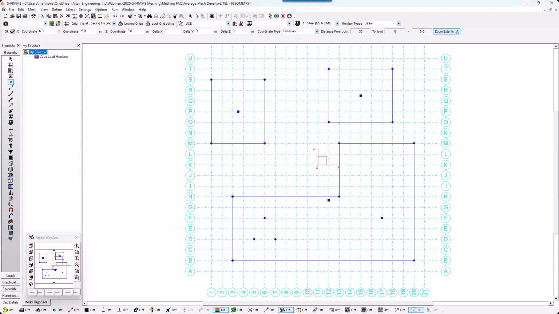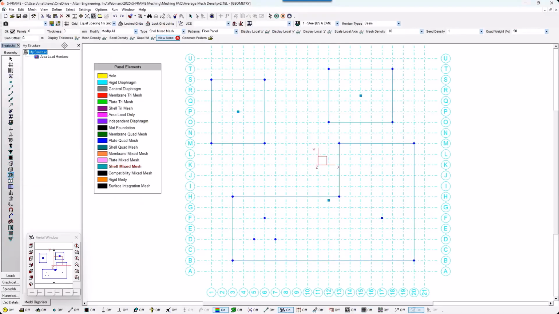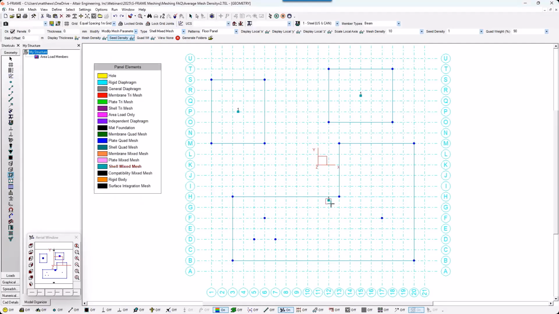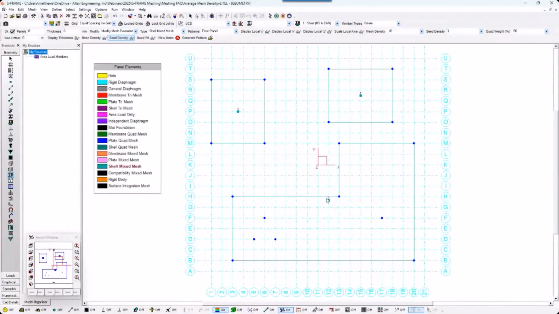Now, what I could also do is I could increase what we call the seed density of our panel. So right now we're familiar with the parameter mesh density, where we have a mesh density of 10. But I can go in and I can say, let's modify the mesh parameters, and I'm going to change the seed density as well, which is currently set to, what is it set to? 1 for each of these panels. And I'm going to change it for this panel to equal 3. Just got to increase that here and apply it to the panel handle. So now we have a seed density of 3. And if I remesh this,